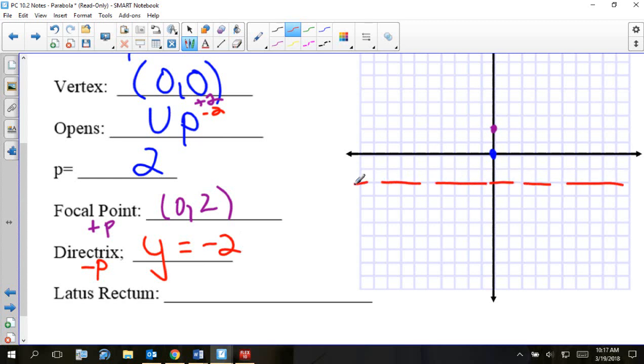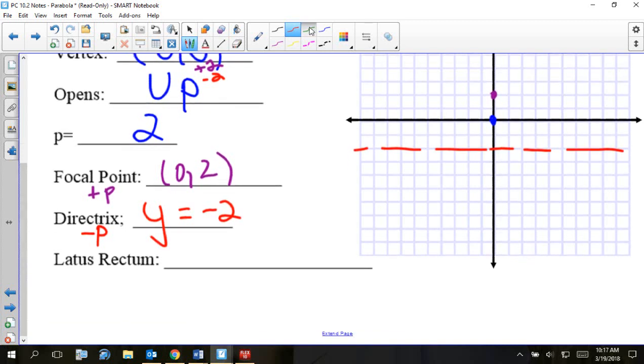So I draw the line y equals negative 2. The line y equals negative 2 has to pass through the y-axis at negative 2. Then our latus rectum, we start with the formula 2p. So you do 2 times our p value, which is 2. You get 4. The latus rectum tells you how wide